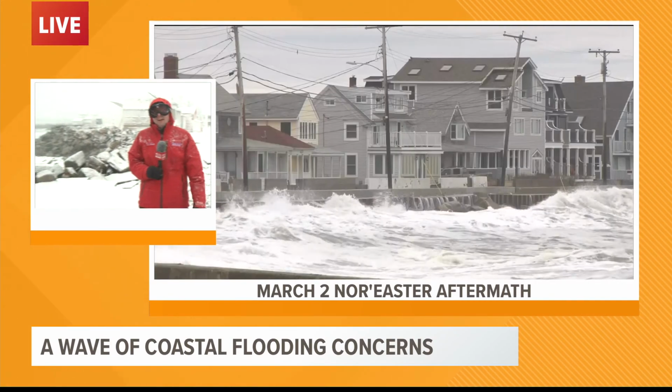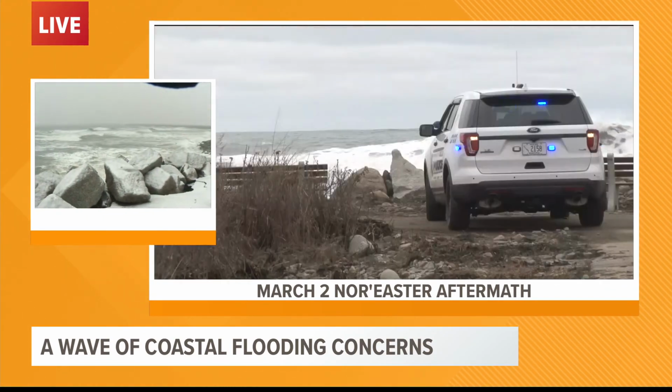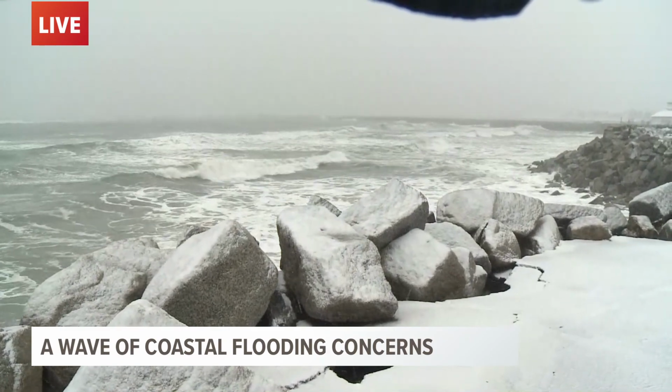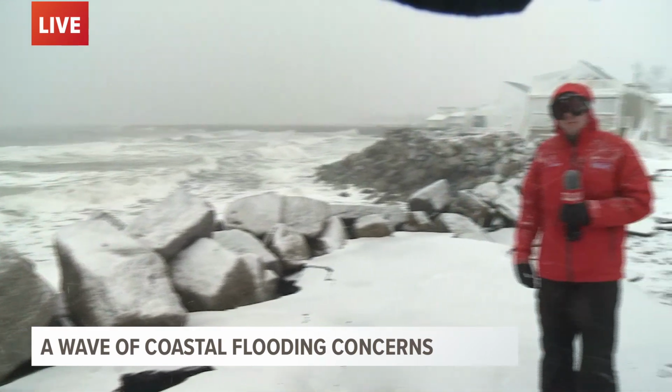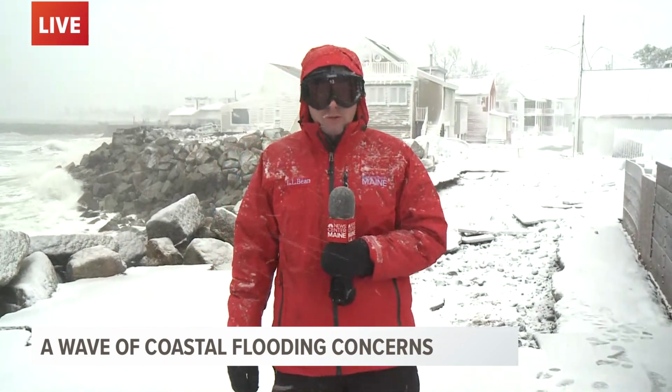Part of that is that crews here have kind of mitigated the effects by channeling the water in one direction, but the surf is still rough here. It is an angry morning on the ocean, and we expect still some minor splashover coming up during the afternoon high tide as well. That's the latest for now from Camp